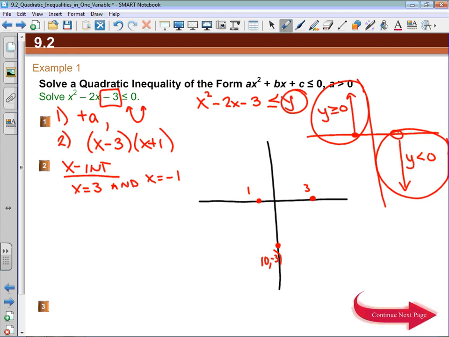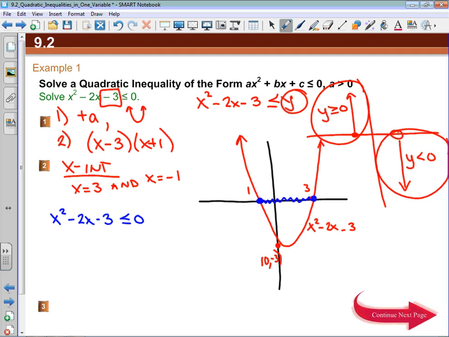Now, with our knowledge from chapter 3, we could then graph a pretty reasonable graph where the quadratic is going to open up. I don't care where the vertex is. I know it's below the x-axis. That doesn't particularly matter. Now, the reason that this is beneficial is keep in mind that this red function is x squared minus 2x minus 3. So when we talk about solving this, I'm actually going to put both solutions on here. If I was to solve x squared minus 2x minus 3 is less than or equal to 0, now that's the question. This function is less than or equal to 0 when x is negative 1 all the way to when